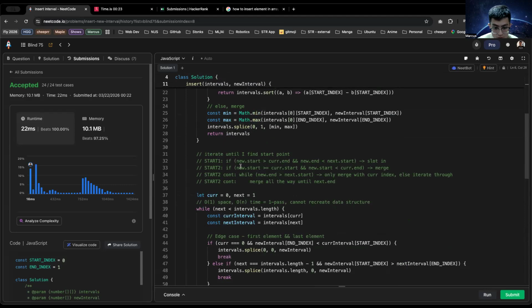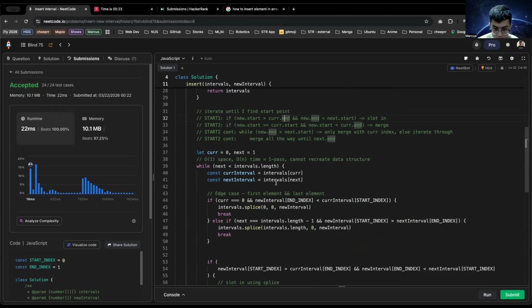And then for the next part, I will iterate until I find the point. So there are a couple of edge cases. This algorithm still holds true most of the time. Edge case: the first element and last element are the ones that we want to look at. If we need to insert before or insert after, these two are usually not accounted for, because if it's before the first element, I have to I think I can